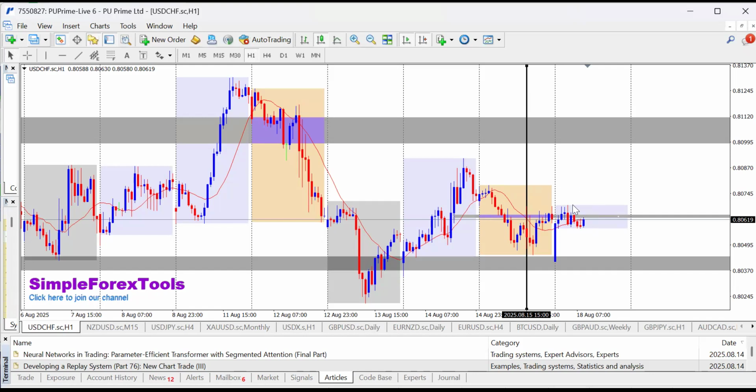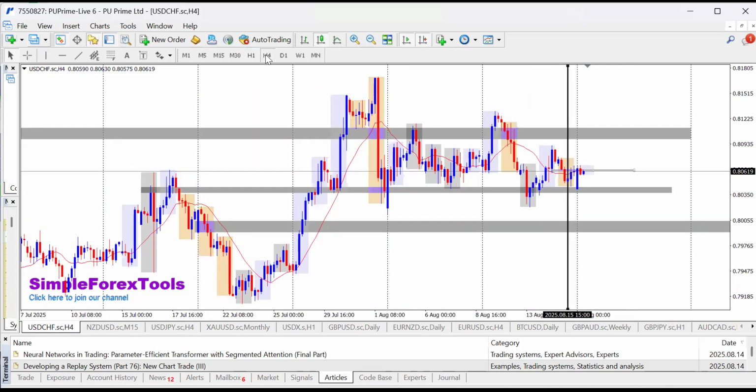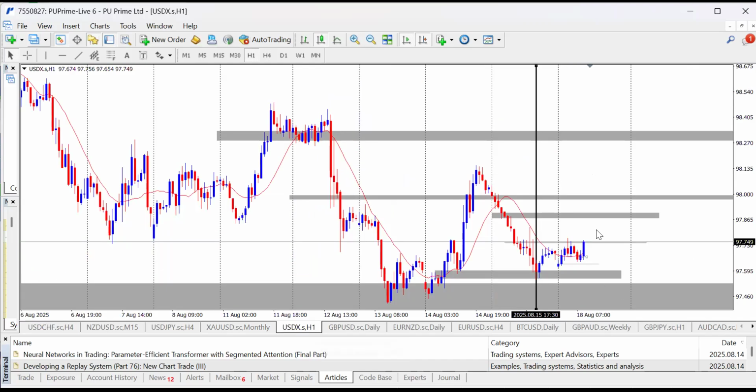But there is no entry right here. I need a breakout of this box that I drew, this resistance zone that I drew, and the resistance is coming up from 4 hours time frame, this high. So once this high is broken, you can see we've been having multiple rejections a few days back. So once this USDCHF is broken, I will buy, and I think it will, because of what is happening on USDX. You can see that USDX is quite bullish, and probably will look at this level 98.000 before we look towards to buy or to sell.